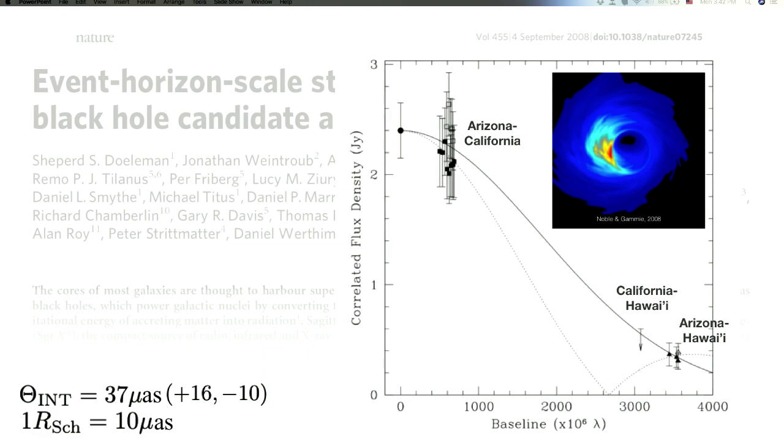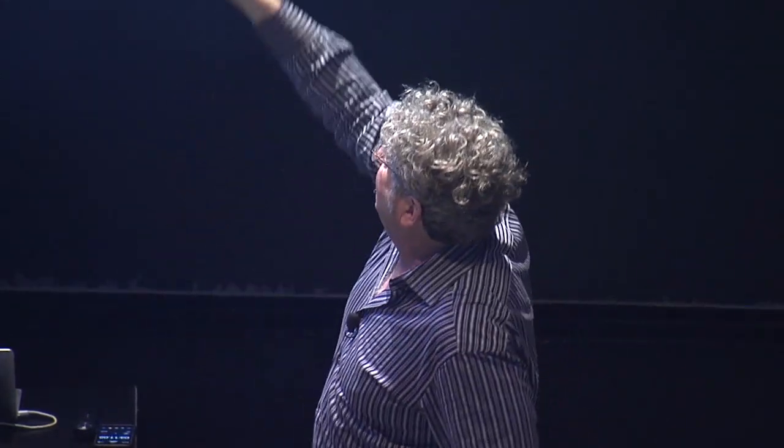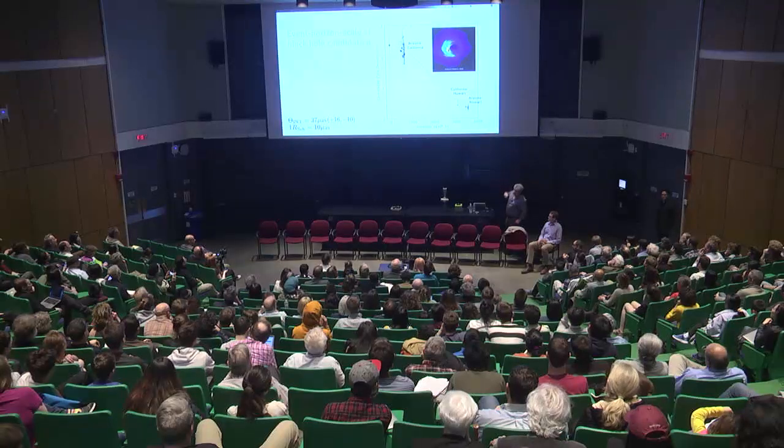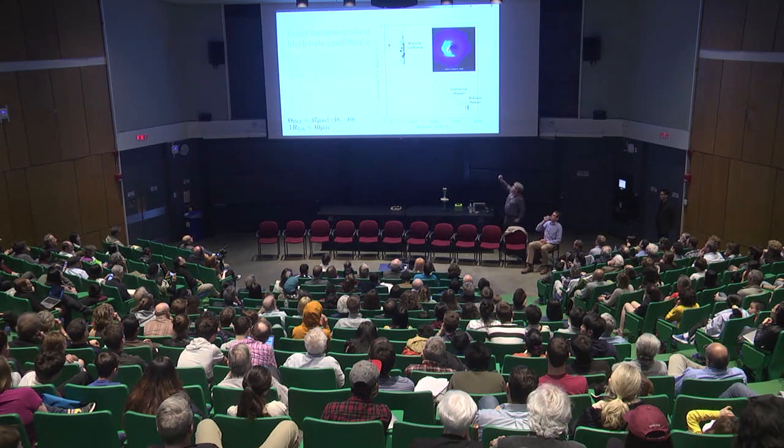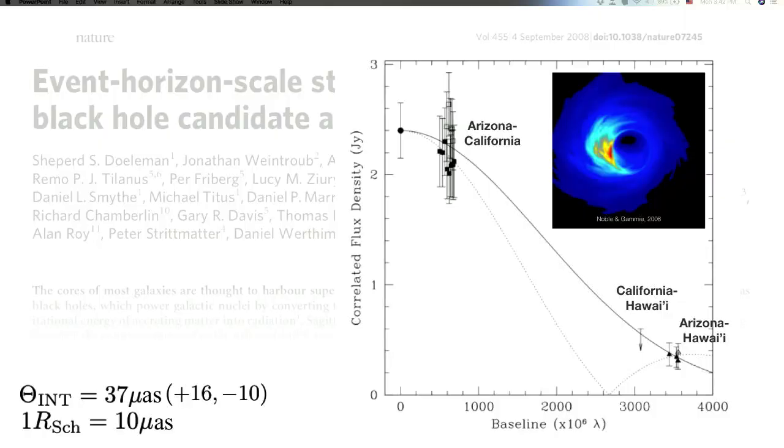We had all the scans from Arizona to Hawaii, but the signal-to-noise ratio wasn't sufficient to make a detection. And we got no detections whatsoever from California to Hawaii. We just got an upper limit. But we knew California was working because of the short baseline detections. So really what we needed was sensitivity improvement. We were able to extract a size for what we were seeing of 37 microarcseconds,